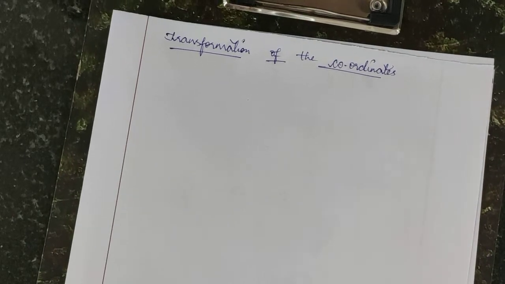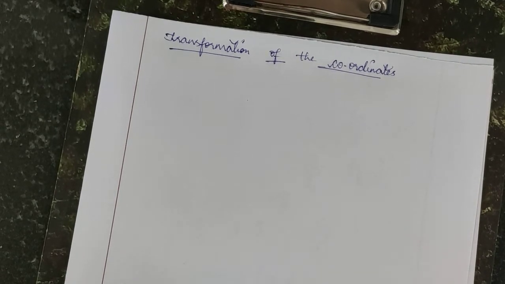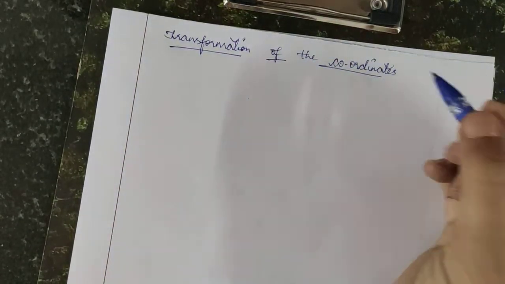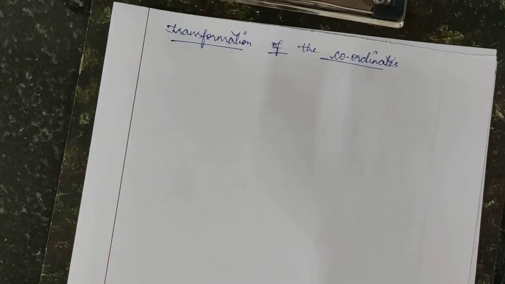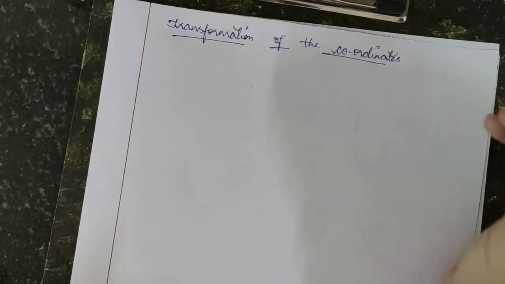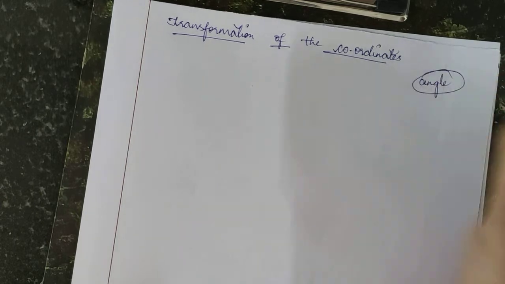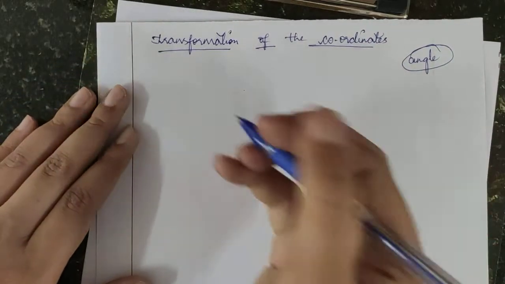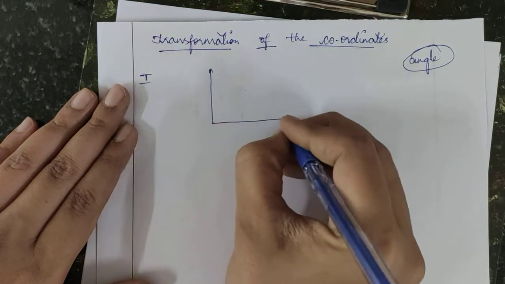Hello dear students. In this session I will start with a new topic, that is transformation of the coordinates. As the name suggests, there will be a transformation with your coordinates. So if there is a transformation, it is obvious that we will be having angle, right? So now initially I will consider a coordinate axis as,